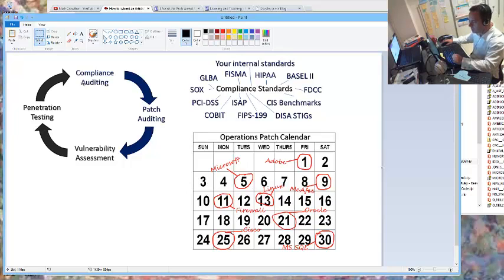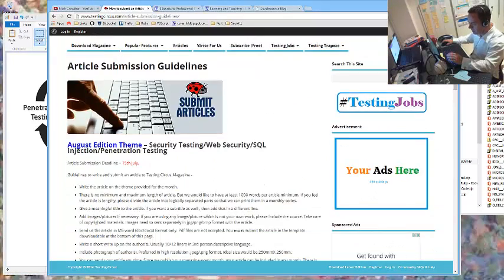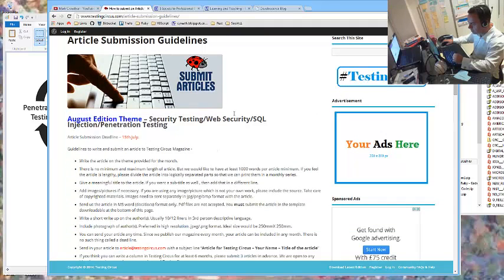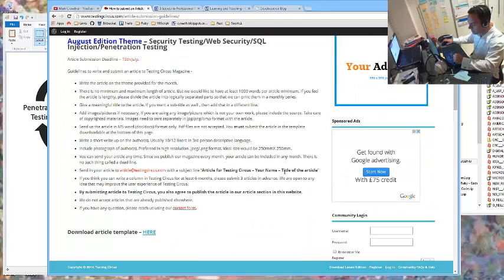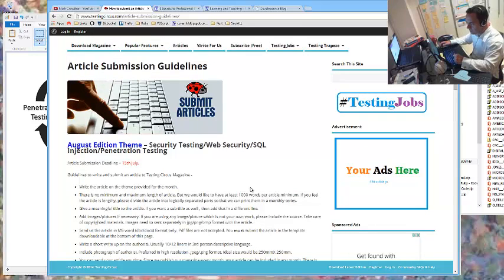I did their exam probably about 2 years ago now, so I'd need to check for accuracy. But the point is, I am putting together an article for Testing Circus as part of their August edition on security related matters, so do look out for that. When it gets published in August, I'll obviously mention it in the blog here, and as always, I encourage you to write an article yourself. Don't be shy about what you do or don't know.